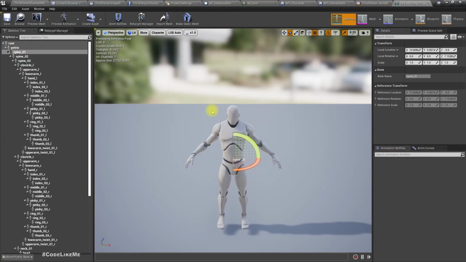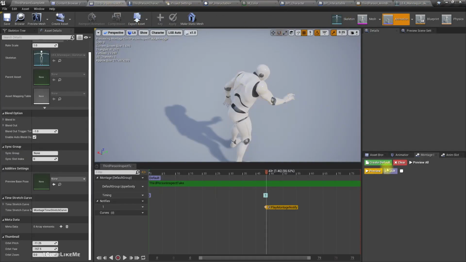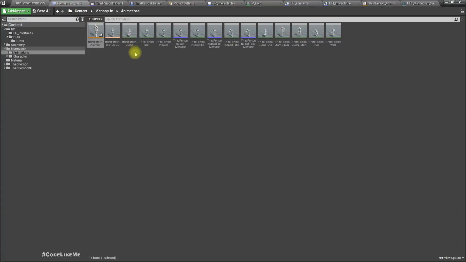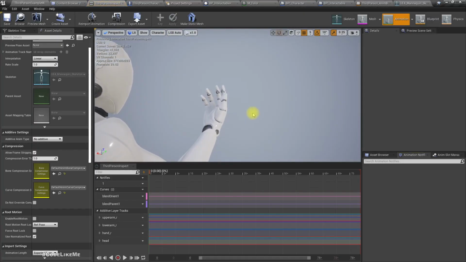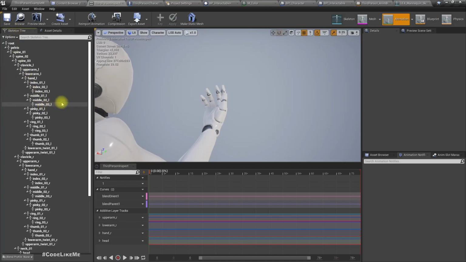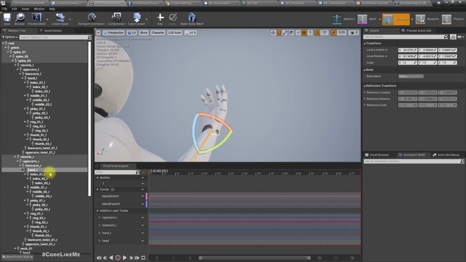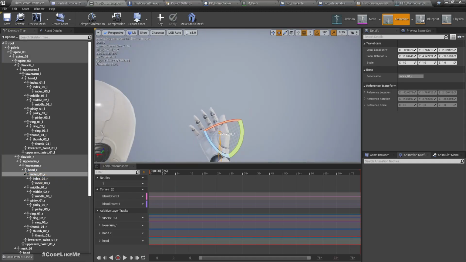So here, where is the animation? Inspect, okay. Here in the hand, or maybe right here